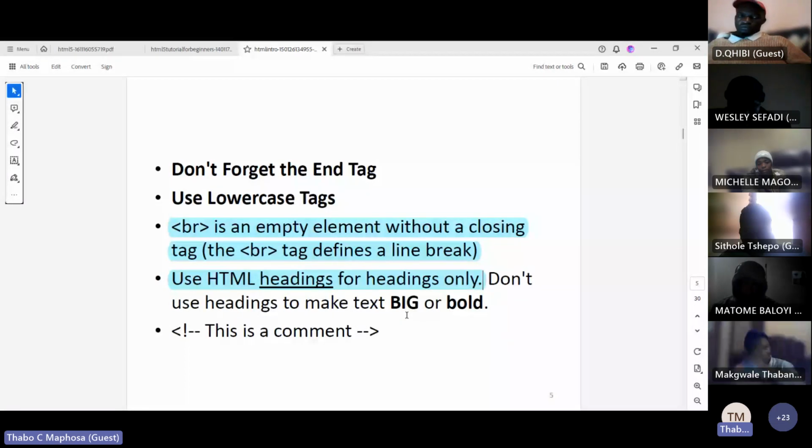If you need to make text bold, there is a tag for that, which is called B. If you want to make text big, there's a tag for that, there's big. You can use that. But never use HTML headings to change text. If they say maybe increase the size of the font and things like that, you can't use HTML headings for that. And remember that this here represents a comment.